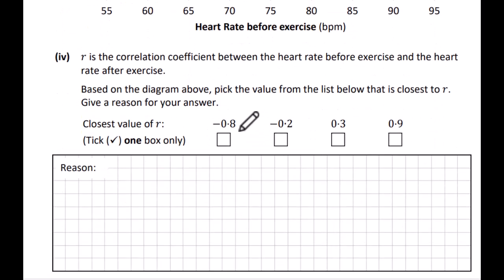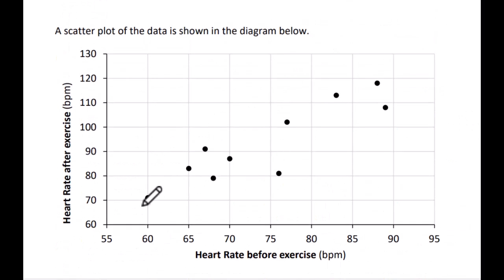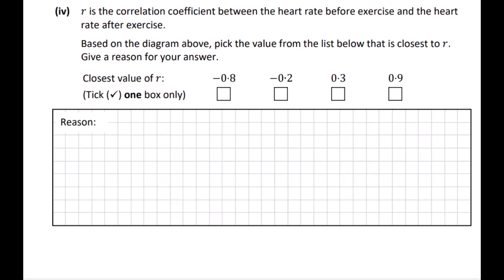So it can't be minus 0.8 or minus 0.2. So is it 0.3 or 0.9? Well, 0.3 would indicate a weak correlation and 0.9 would indicate a strong correlation. So we can see, if you were to draw a line up through the middle of this data, that the correlation is quite strong. So my answer is going to be 0.9. And the reason for that, I'm saying, is there is a strong positive correlation